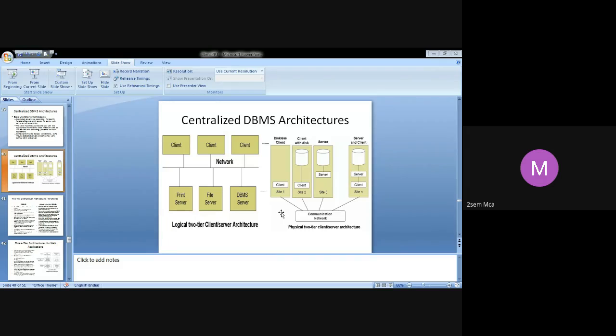Now, you are seeing on your right side something called a physical two-tier client-server architecture. Now, what is a client? A client is usually a user machine that provides some user interface capabilities to the user. Now, when a client requires access to additional functionality, such as database access, it connects to the server that provides the needed functionality. So suppose the client need not have all the functionalities. Suppose the user asks for a particular functionality which the client doesn't have. So it has to connect to the server and get it done.